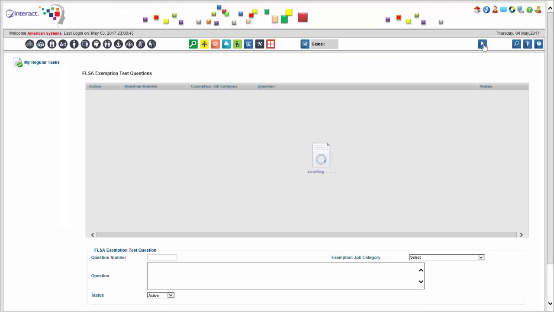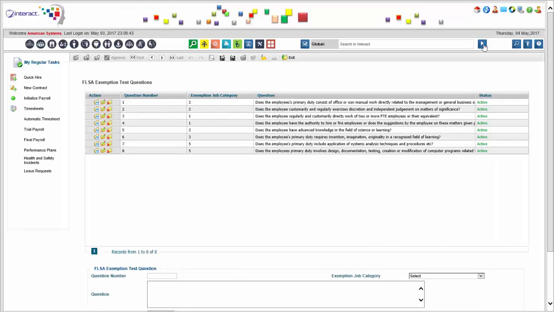Interact HRMS FLSA module allows you to define the exemption test questions so that you can document appropriately that you have administered these tests and that the answers have been recorded correctly. So that means that for every single employee, you will have the FLSA exemption test,